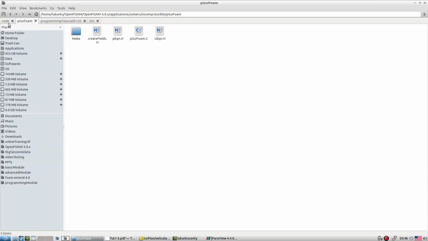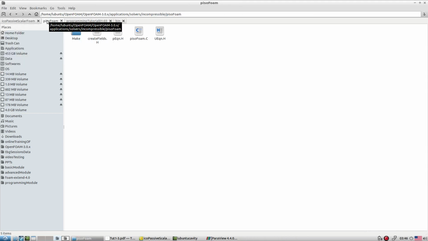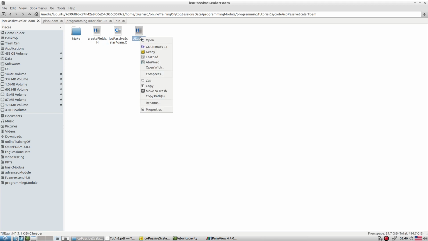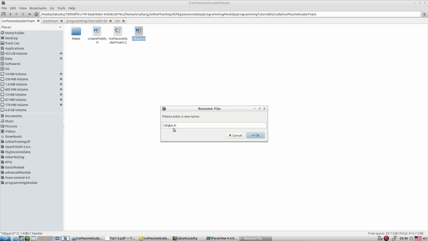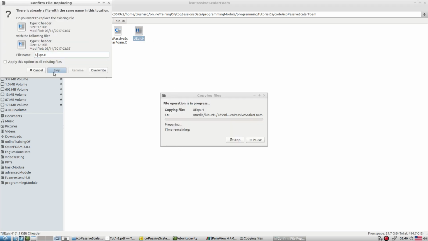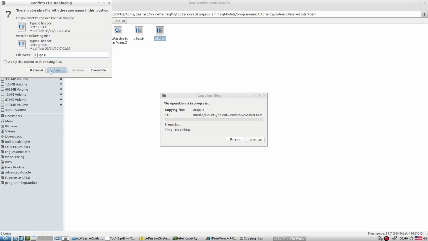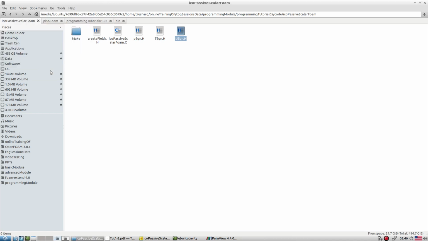So let's try to construct a few more files. Let's rename this as U eqn, and let me add the same style, so let it be eqn only. So, U equations. Then we also require the P equation, and we also require the T equations. That many things we require as different files.